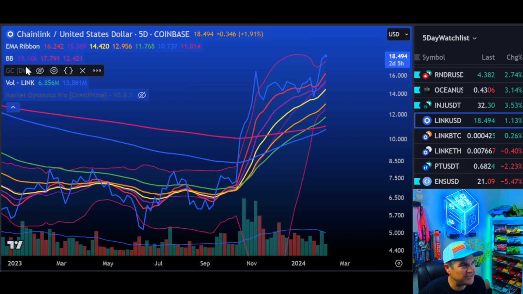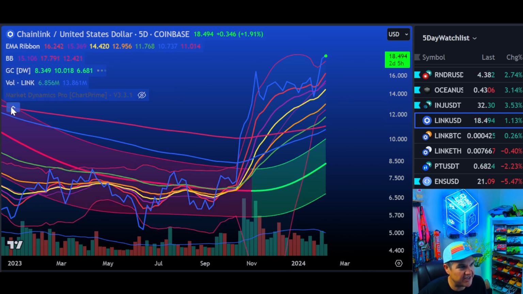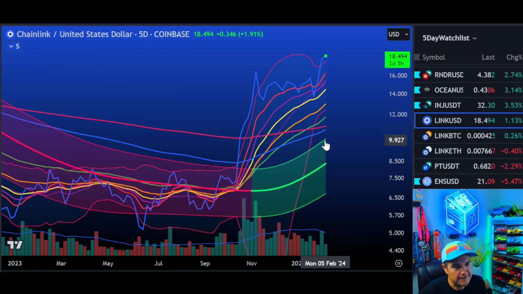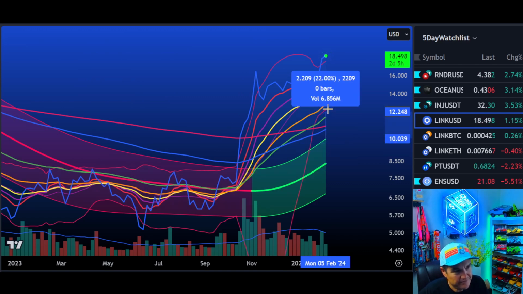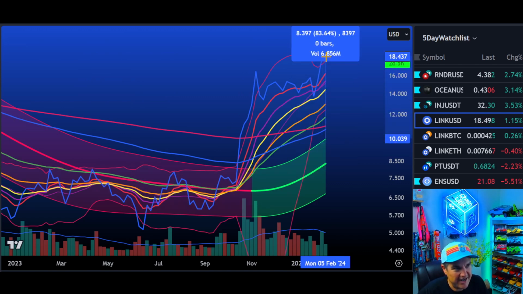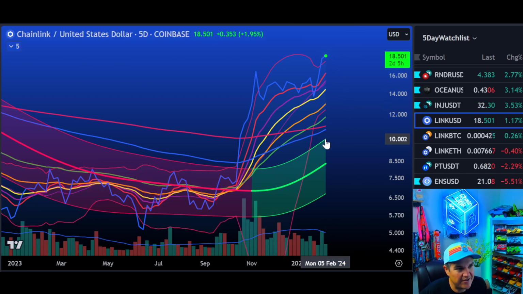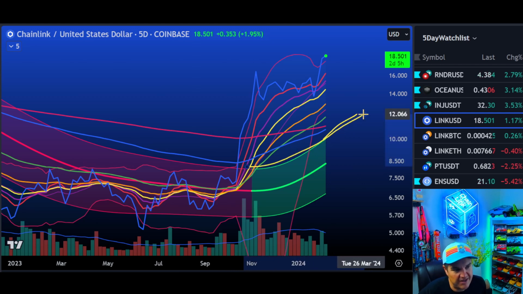We always got to check the Gaussian channel on the 5-day, right? That's the secret sauce there. We're well above the 5-day, right? Well above it. How far? I'm glad you asked. Almost 85% above it. So good sign there. That would be kind of worst case in a couple of weeks if we have a fall down, if Bitcoin decides to collapse, right? You want to see how this is rising. So you'd want to give that some time, but putting it out to your 6 weeks or so,